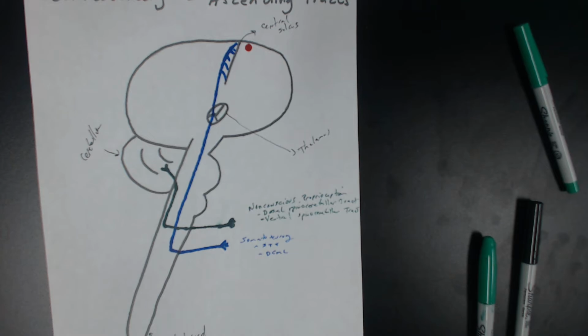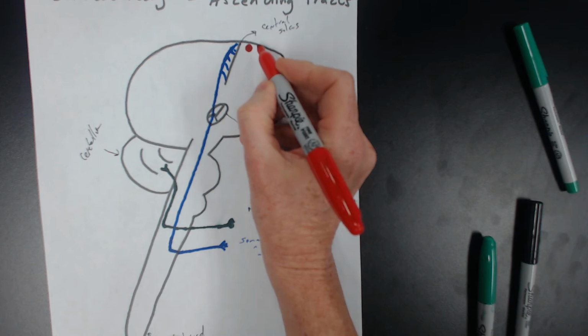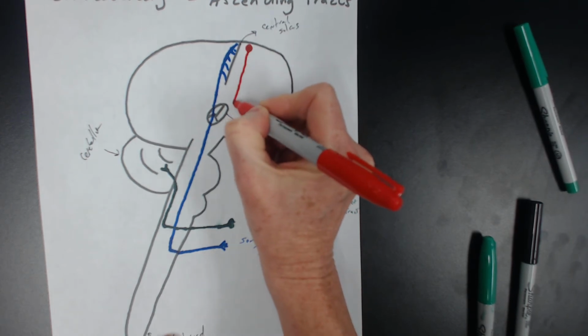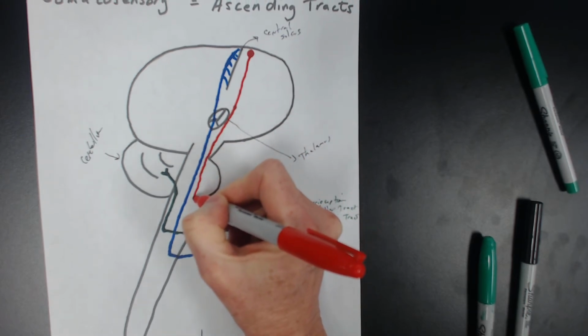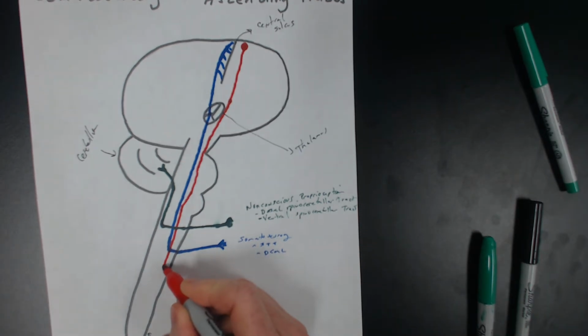In the precentral gyrus, you have a neuronal cell body. Now that we're talking about the motor system, that neuronal cell body sends out an axon that travels all the way down through the midbrain, pons, and medulla, and then